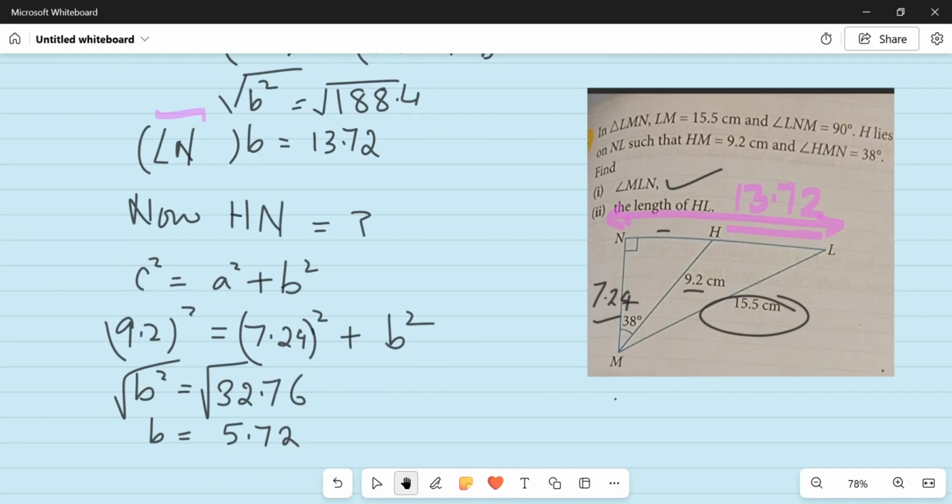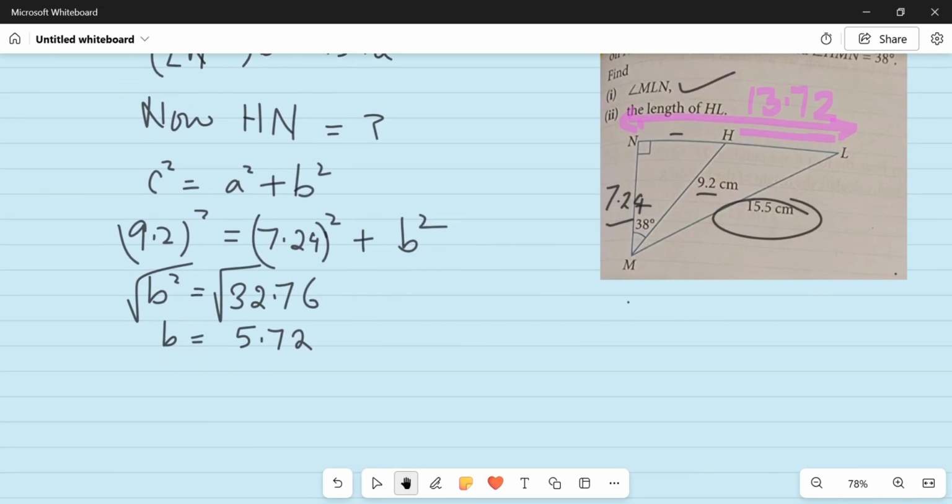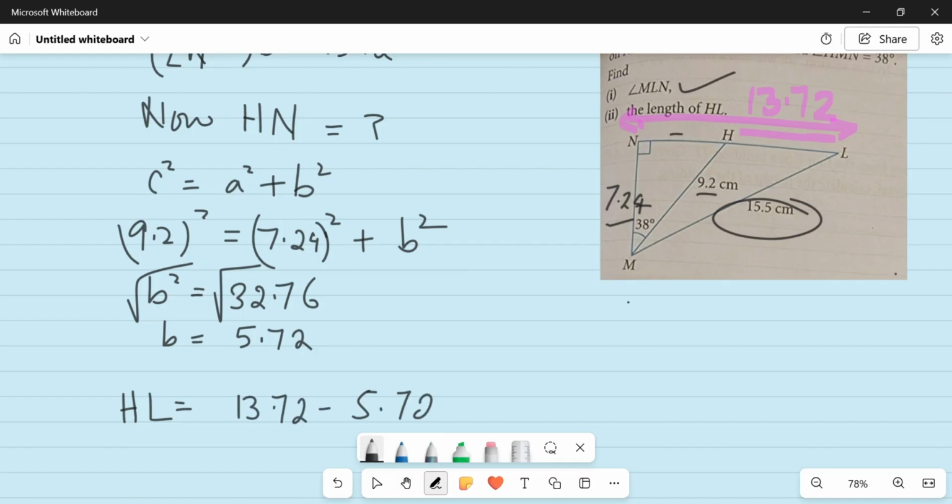We need to find HL. So HL is 13.72 minus 5.72. When you subtract 5.72 from 13.72, you get 8. So the length HL is 8 centimeter. I hope students you understood this question. Thank you for